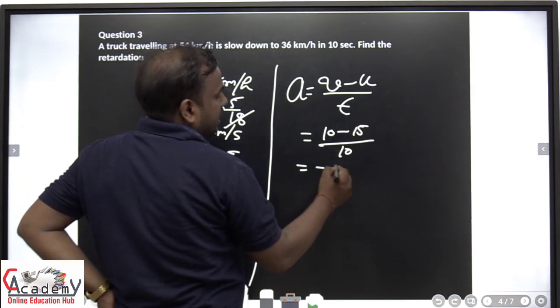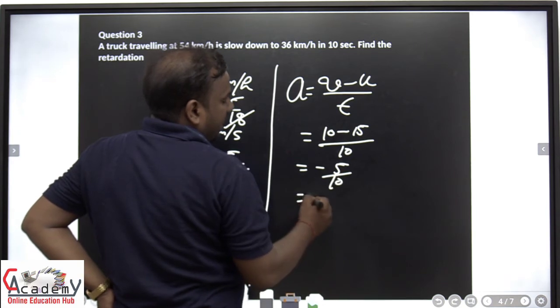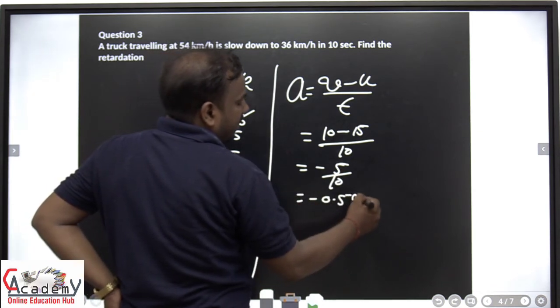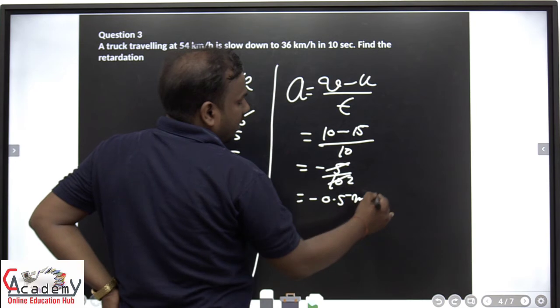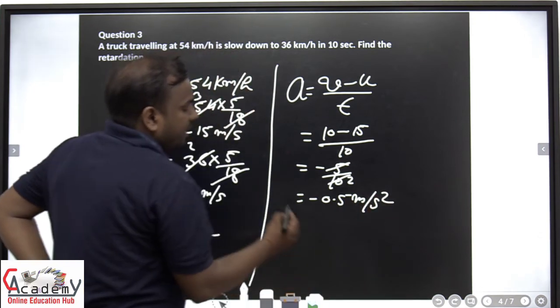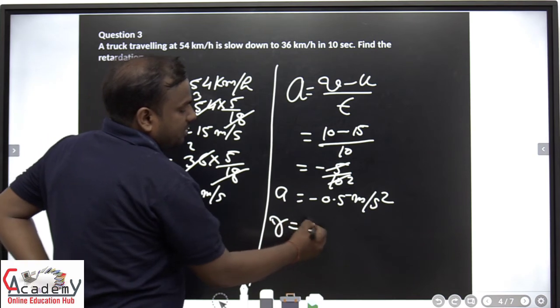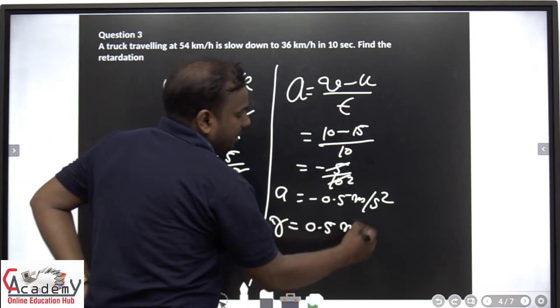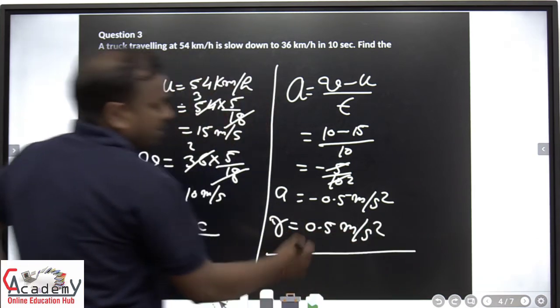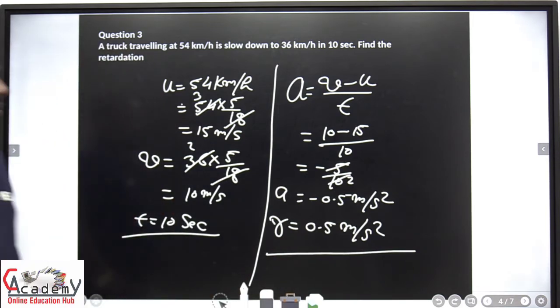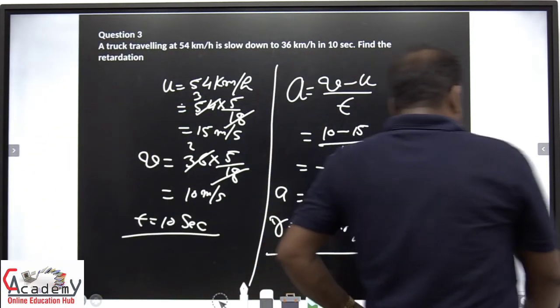We get minus 5 by 10, which means minus 0.5 meter per second square. We can say that is the negative acceleration. So retardation is 0.5 meter per second square. Is that clear? Okay, now the next one is,